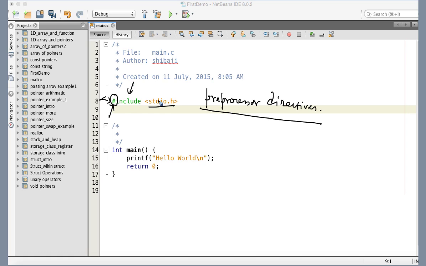So what the compiler does, it literally copies and pastes the content of this file into your source code, and then it starts compilation. That file contains the declaration of printf, so it gets to know what printf is. So when it comes here, it compiles printf without showing any error. That's why we use this hash include, in order to resolve the function call or the identity of the function that's necessary. So main is the starting function that must be there if you want to execute your program,